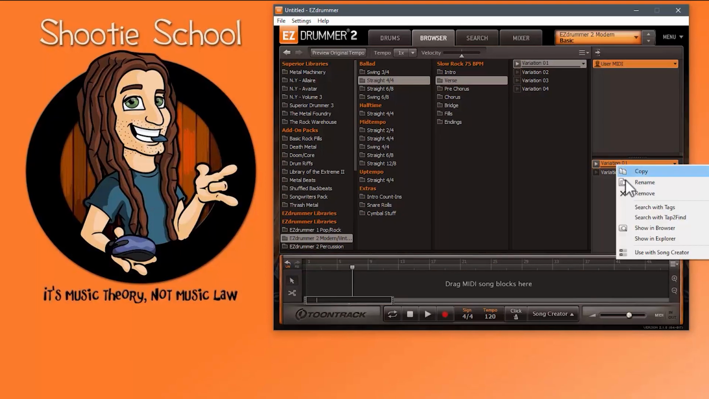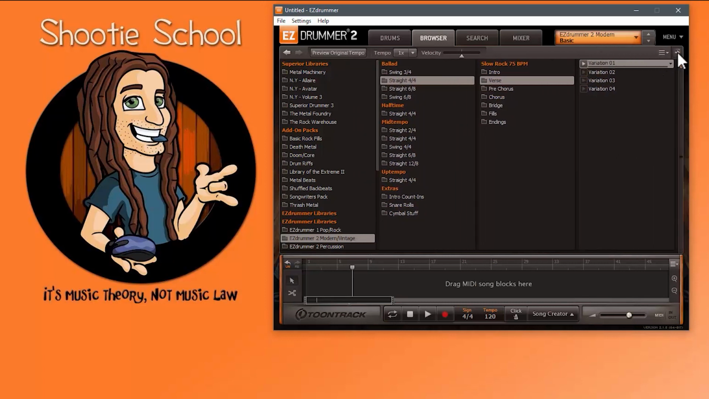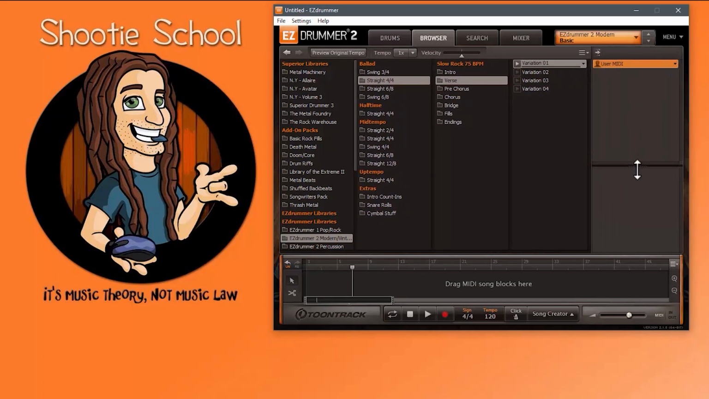And since we're here now, let's talk about it. This panel can be hidden or revealed by clicking this button up here. And there's a small bar you can use to resize the panels. How you use user MIDI, meaning your personal MIDI files, is case sensitive depending on how you work. You could add files to your user MIDI folder that interest you from the EZDrummer 2 library to stay organized with ideas like this,